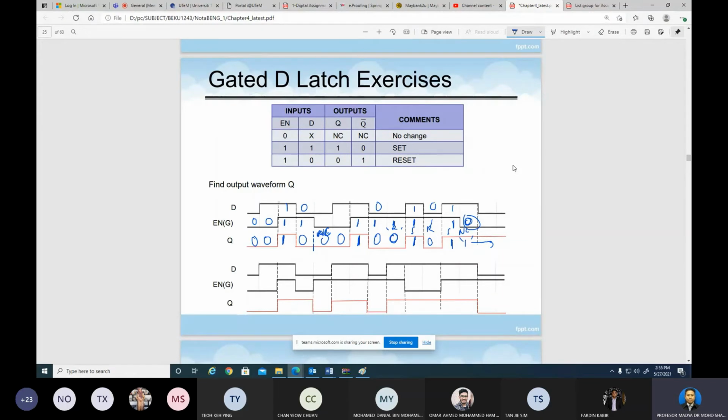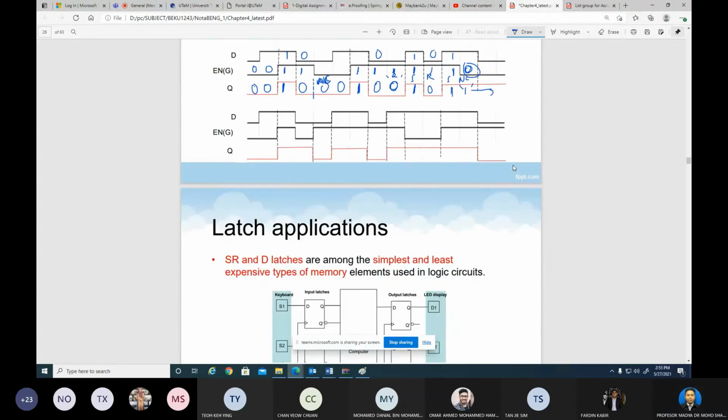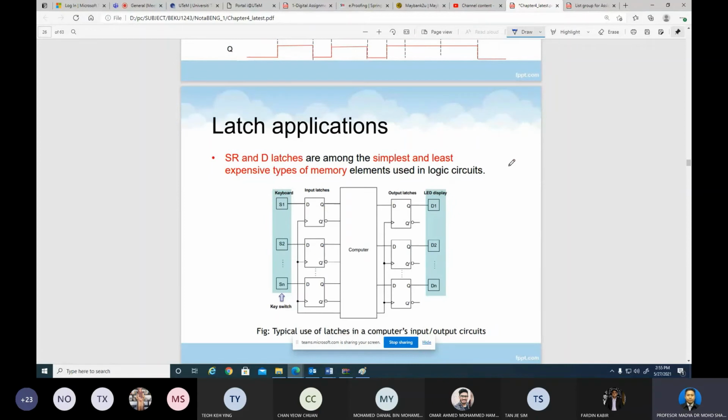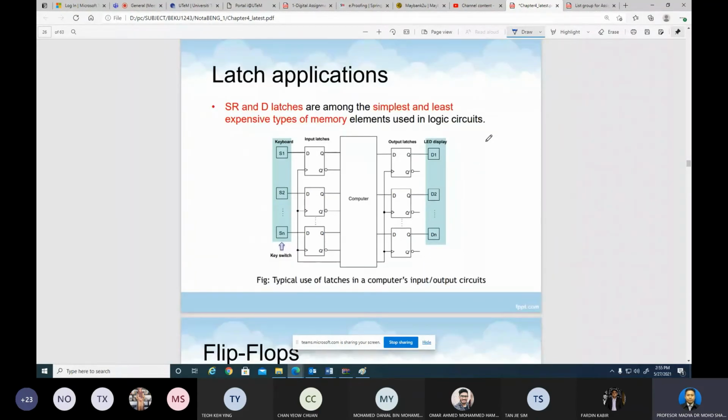Okay, so this is some exercise that you can try. For the Q bar, just invert the Q. All right, so this is an application of the latch. You can see a simple application. They use it in the computer for input and output circuits, so that's an example here. You can see we have the keyboard here, with switches S1, S2 until